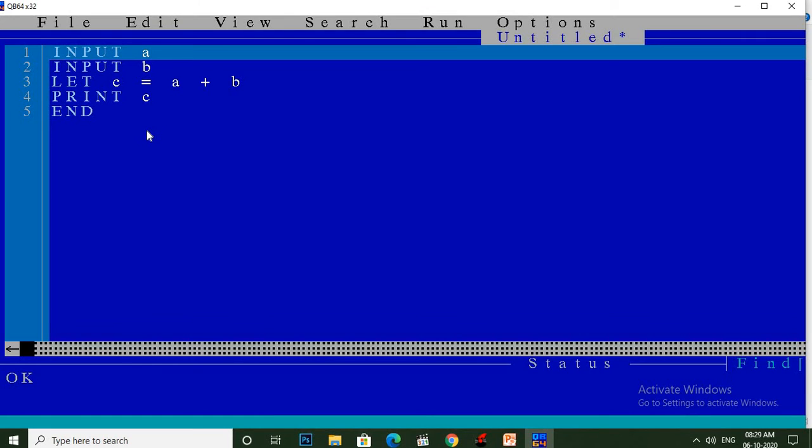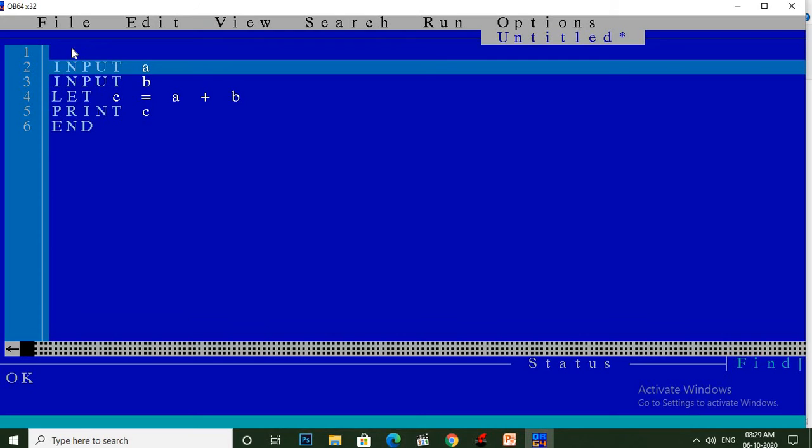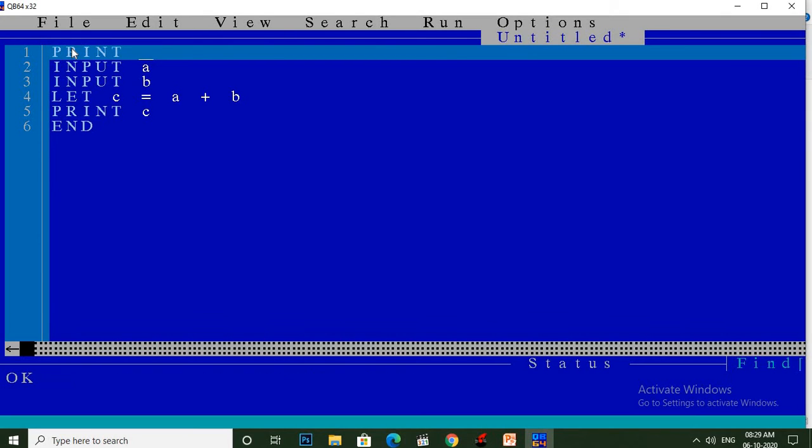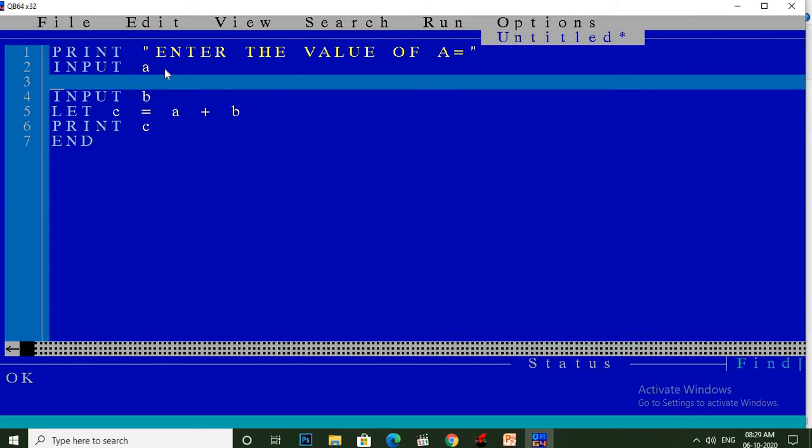The syntax of the PRINT command is like PRINT, and in double quotes, suppose I type "enter the value of a equal to", and here I also write PRINT "enter the value of b equal to".